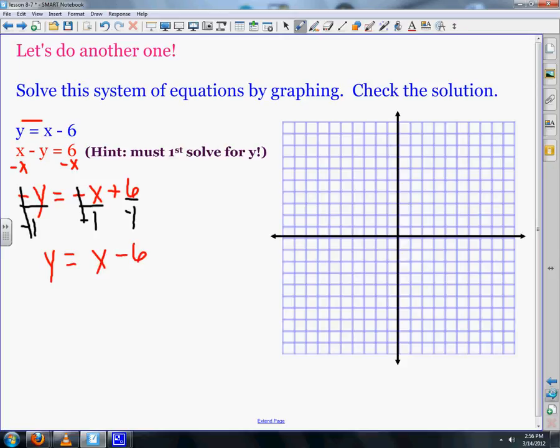Well, look at this. The first equation is y equals x minus 6. So right away we know that they're the same equation, so there's going to be an infinite number of solutions. So let's just graph them and see how that turns out. So we have 1, 2, 3, 4, 5, 6. -6 is the y-intercept of the first equation, and the slope is 1, so we go up 1, over 1, up 1, over 1. And when we graph that line,